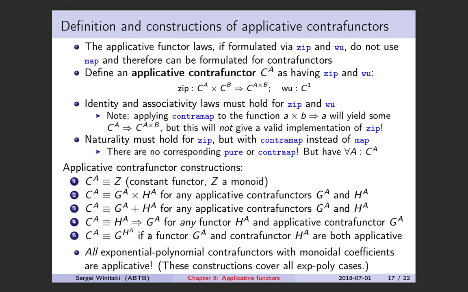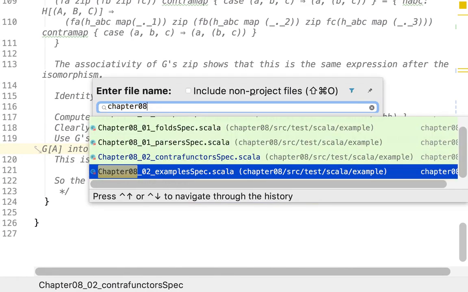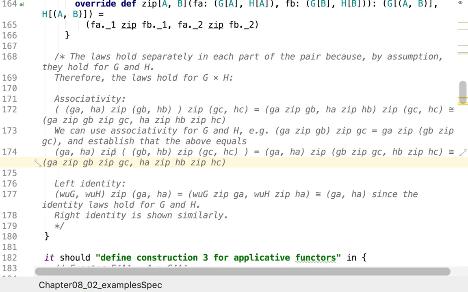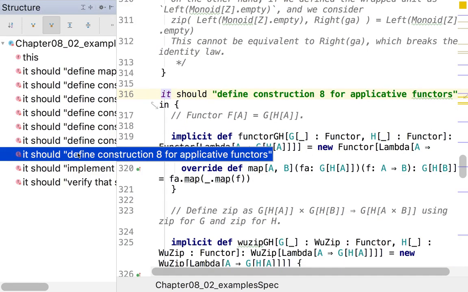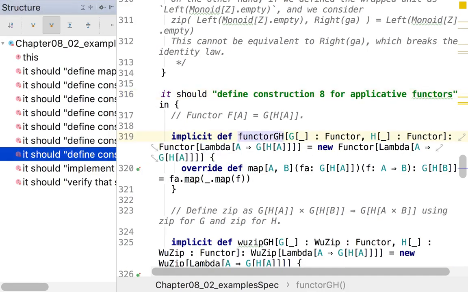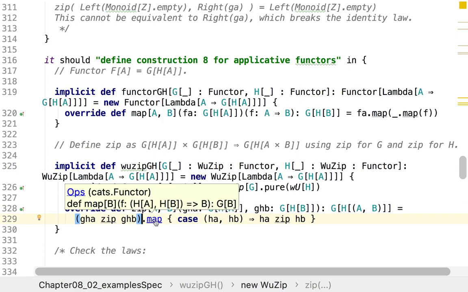Now this construction is a functor G and a contrafunctor H. So if we look at the corresponding construction for functors, this one, you see we are not using the functor on G. We're using functor on H. Actually, I think that is a typo. This is a mistake. So we use a map on